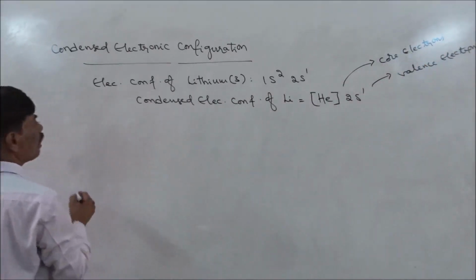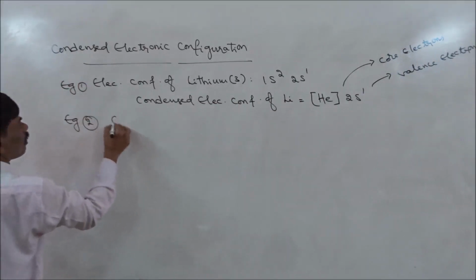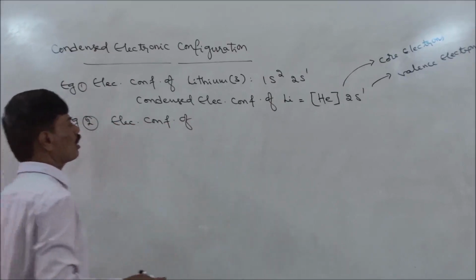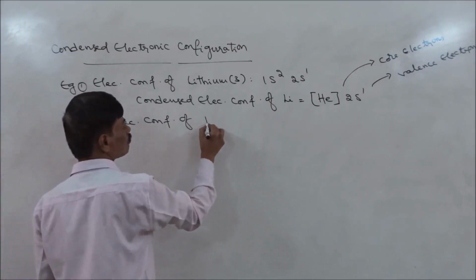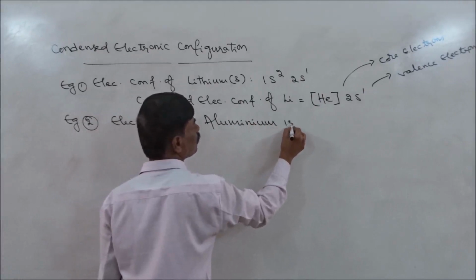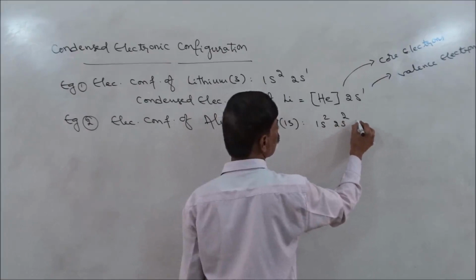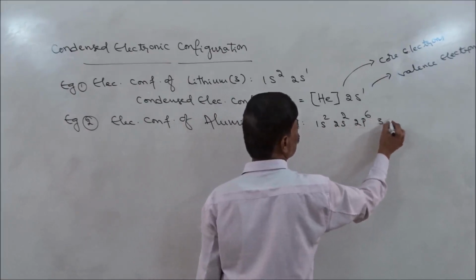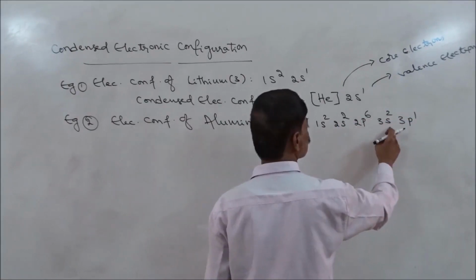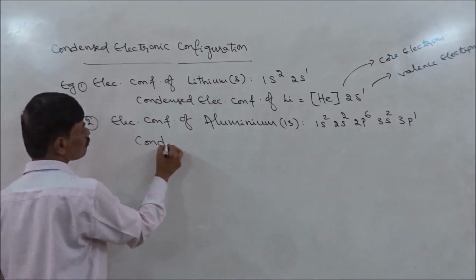Next we will see example 2, that is electronic configuration of aluminium. Its atomic number is 13, so its electronic configuration 1s2, 2s2, 2p6, 3s2, 3p1. 2 plus 2, 4, 6, 10 plus 2, 12 plus 1, 13. Now let us see condenser